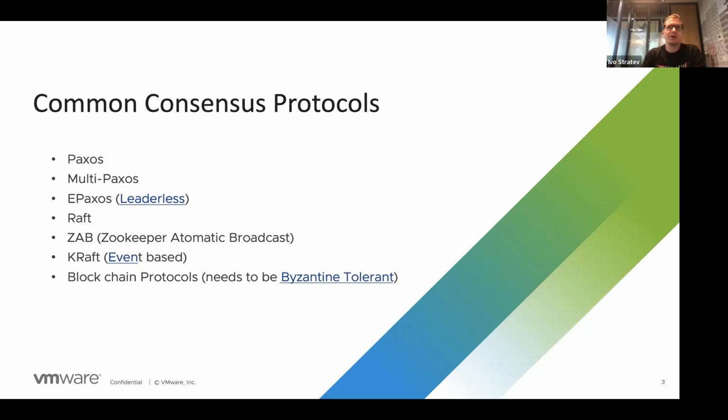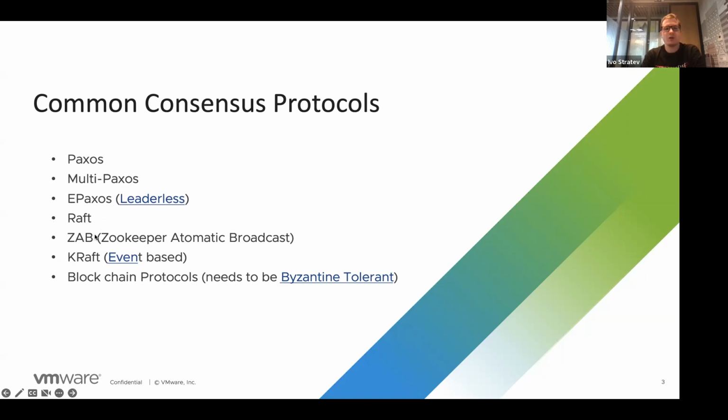It's not easy or trivial, but it's good from a theoretical point of view, when we can prove the correctness of the algorithm. But usually people end up with implementations that are not easy to prove, and a lot of the implementations are actually not proven even today. But we have another version of the Paxos algorithm, which is EPaxos, or efficient Paxos. This Paxos variant is leaderless, so you don't have a designated leader node dictating the order of the changes. And we have Raft, which we're going to talk about.